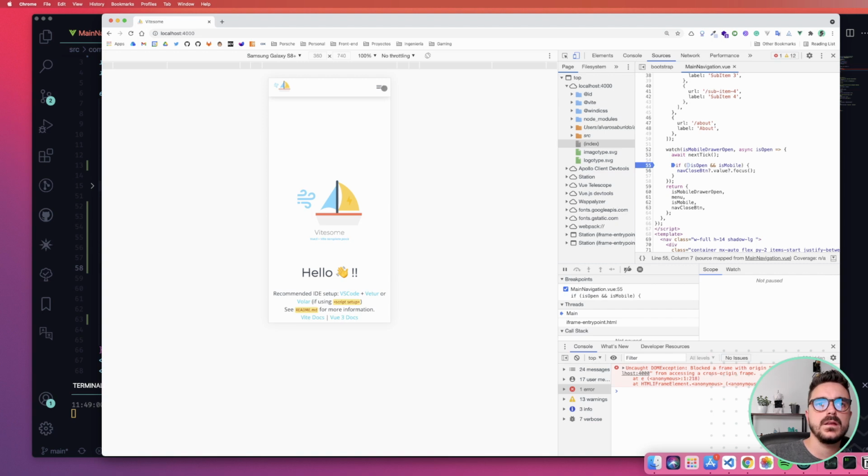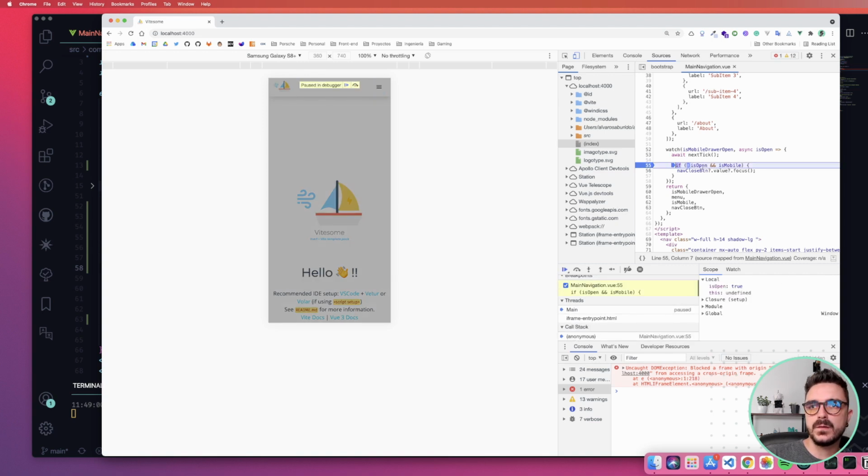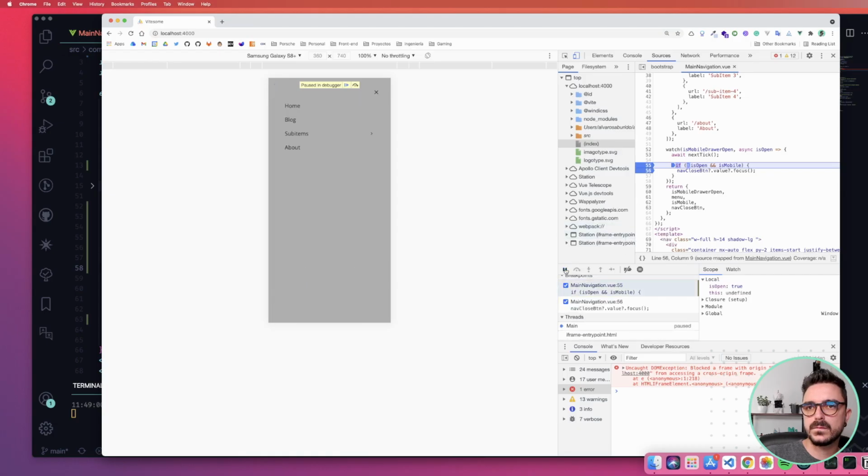Okay. So we open it, we come here, and this snap close button should have already a value. So put here snap close button.